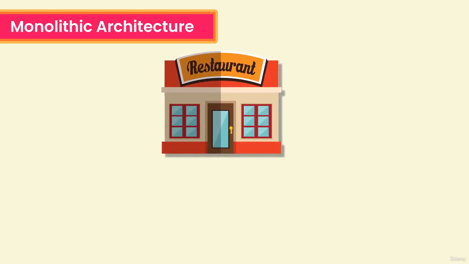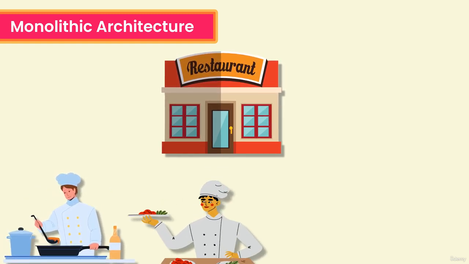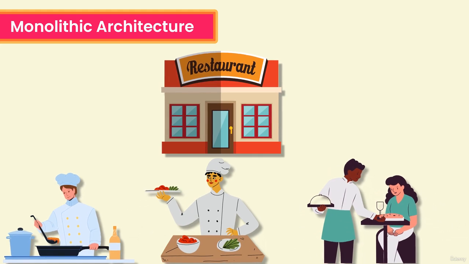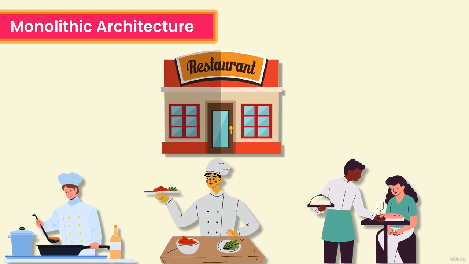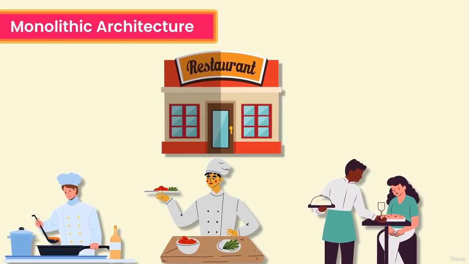Now to understand this monolithic architecture more, let me give you an analogy. Consider a restaurant with a single kitchen. Imagine a restaurant with a single kitchen where all the cooking activities take place. In this monolithic restaurant, all the different tasks such as food preparation, cooking, plating, and serving happen within the same kitchen. The kitchen represents the monolithic architecture here, where all the components of the restaurant are tightly coupled together. The chef handles all the cooking, and once the food is ready, it is plated and served directly to the customer. The entire restaurant, from taking order to serving meals, operates as a single unit with no distinct separation of